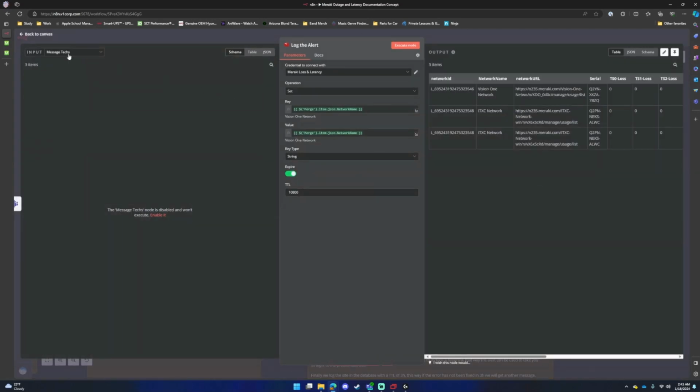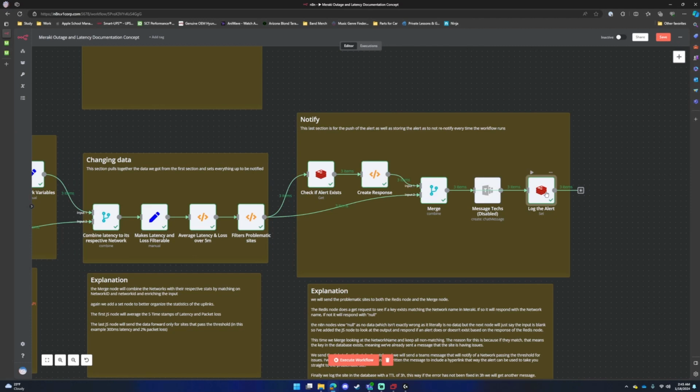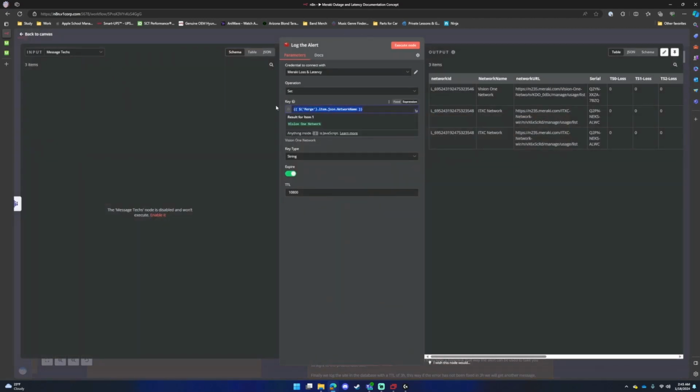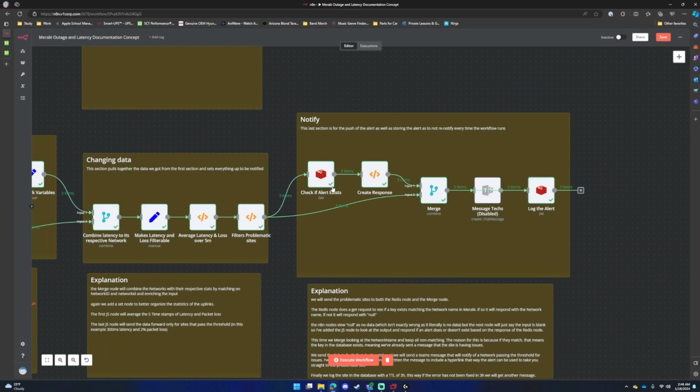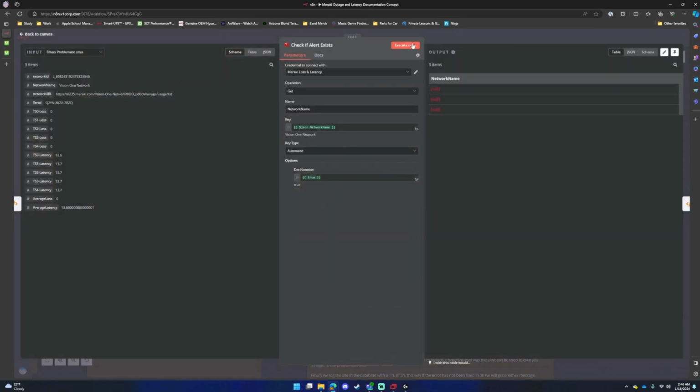We are going to log the alert with the network name in both fields, this string. I guess I have this disabled, it's not going to show it. But we merge on, or we store the key and the value as just the network name. So as right now, we're storing the key of Vision 1 network, as well as the value of Vision 1 network. So now, if we were to come back to this and rerun it, because we've now stored that data,